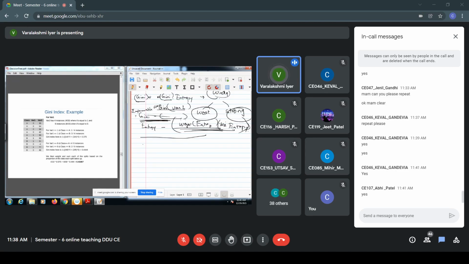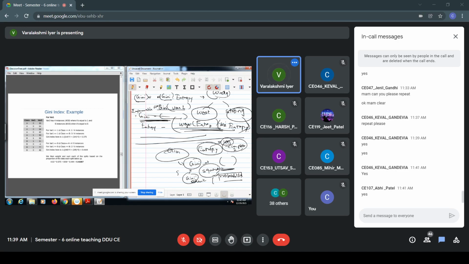The main difference is that Gini is similar to the entropy calculation that we are doing. The only reason we choose the Gini index over entropy is that in Gini we calculate the square of the probabilities. The calculation in Gini is much easier than entropy, because in entropy we calculate log, which is complex and difficult to calculate. In Gini we are just calculating the square, which is easier. So that is one reason to choose Gini over entropy.